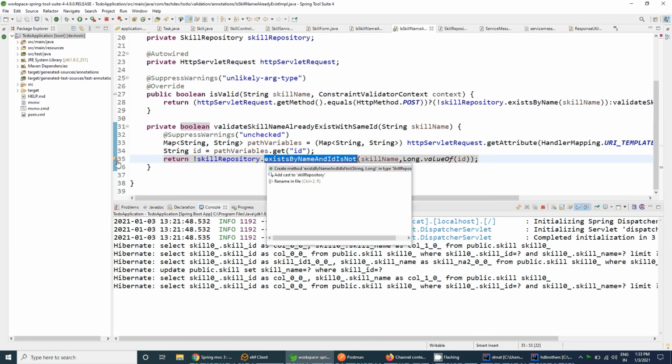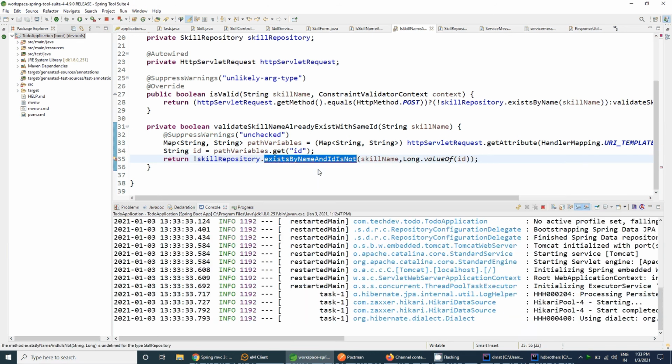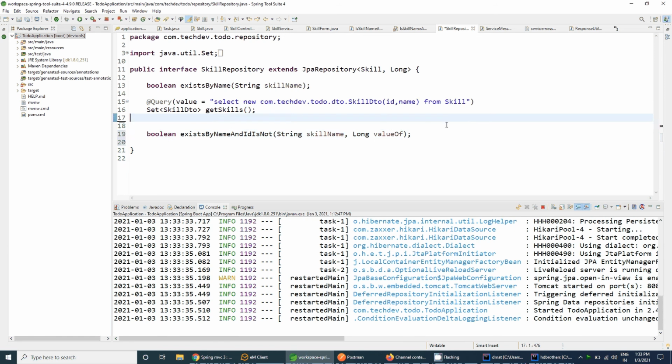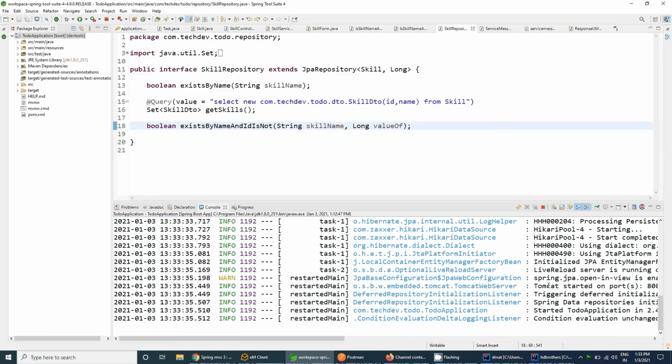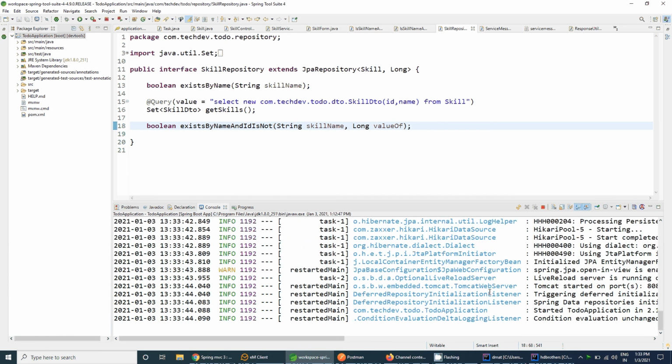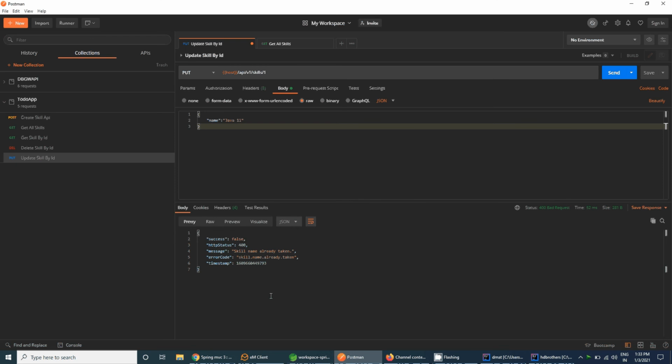Let me create that, and let's remove this method because it has no use. Now let's check this API, and it should return that updated successfully even if you send the same request or same object. Let's send the request, and you can see that the skill has been updated successfully.